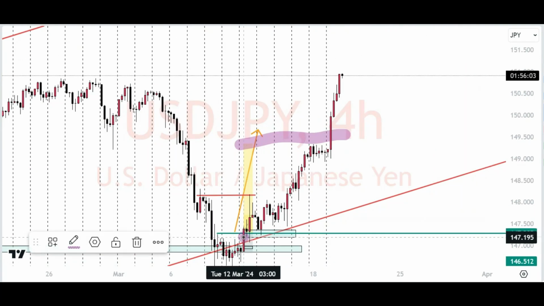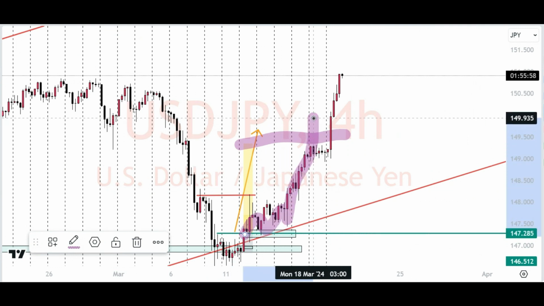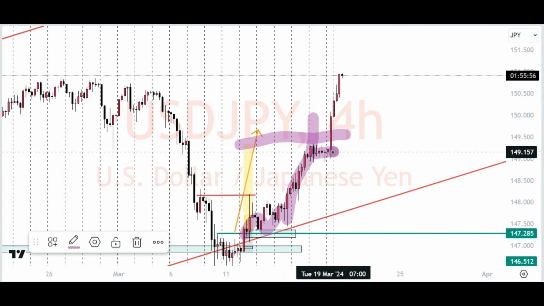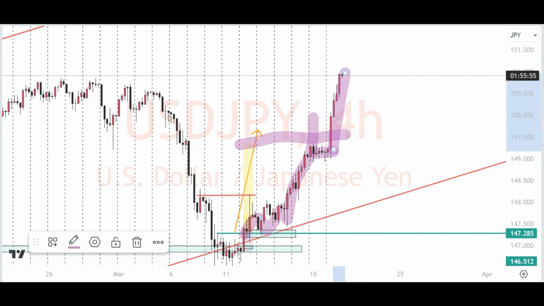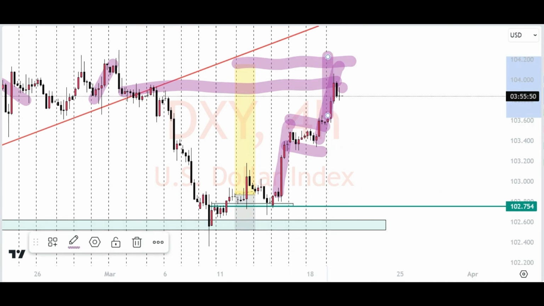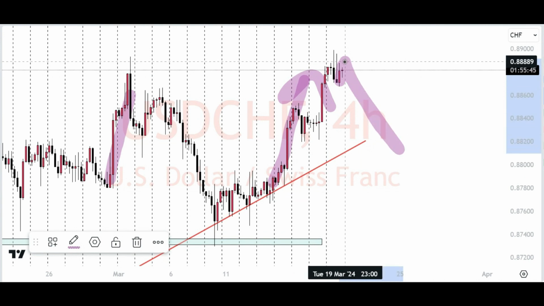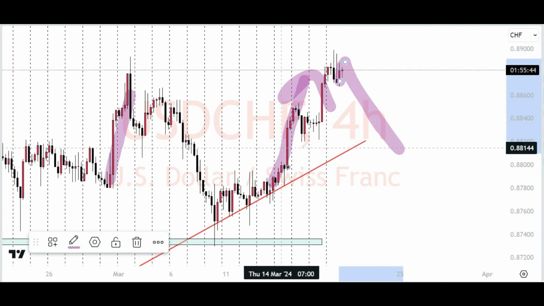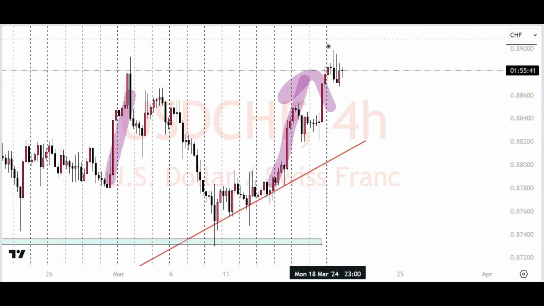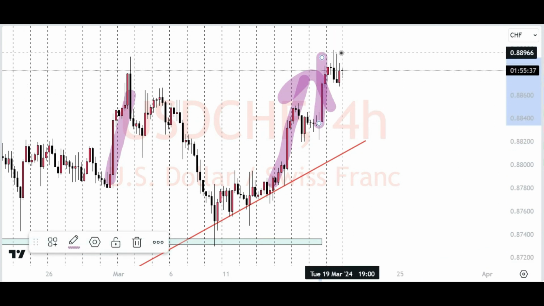So market went up from this area, retested it, went up, also retested it again, and then it shot up from there. And then today market shot up, as well as on the dollar index, as well as USD CHF. Okay, not so much on the dollar index, it didn't really shoot up, but yesterday market shot up, and you can see here on the dollar index that market did create pieces of price action that suggested to us that we are going up.